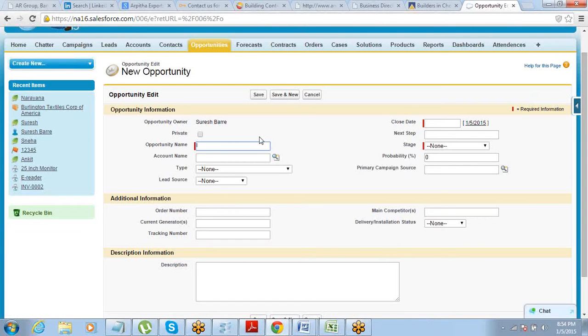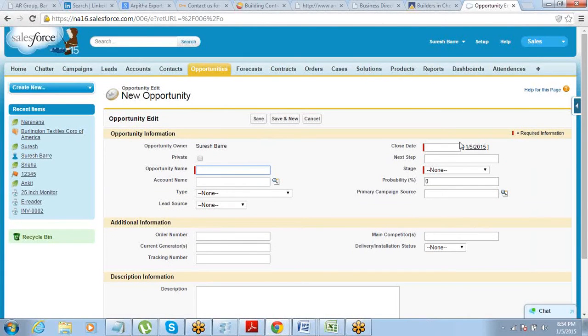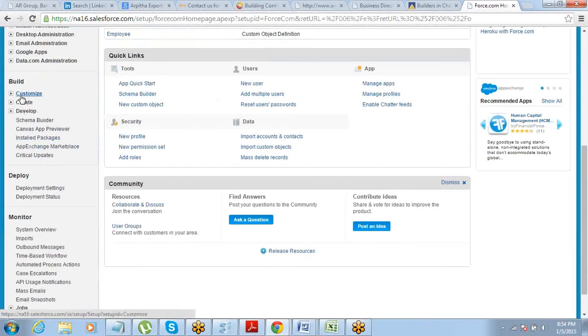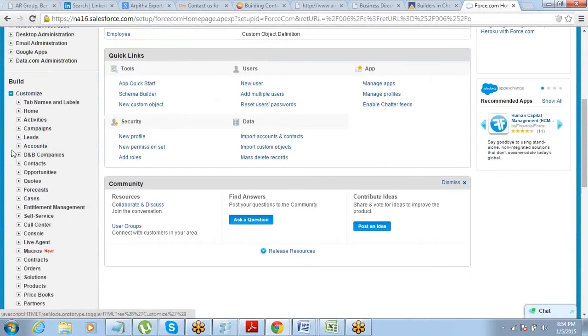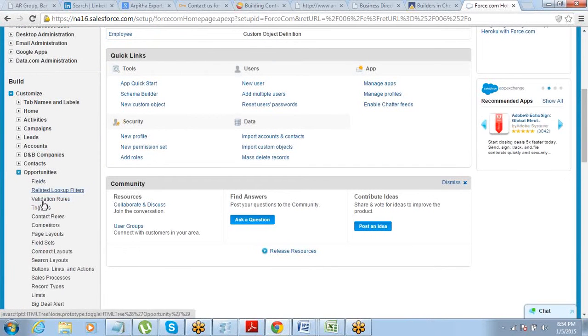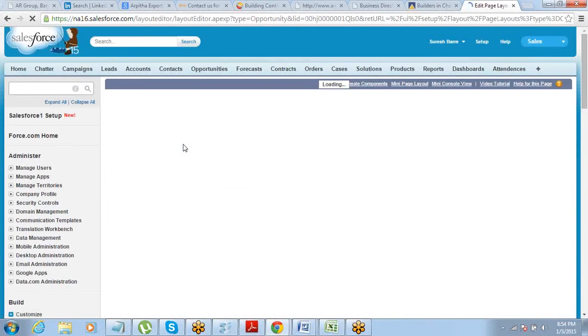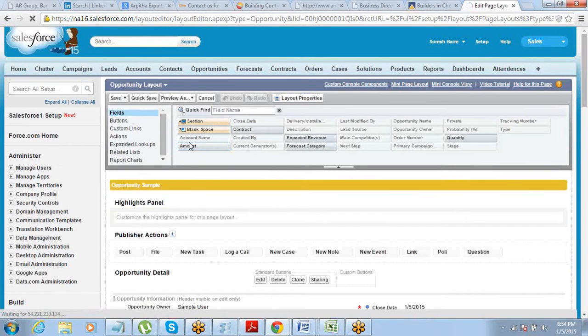Opportunity does not have an amount field here. Why does it not have it? I think you guys removed it the other day, right, from the page layout. So let's go and bring it back on the opportunity. Last session, I think you guys removed it from the page layouts. Yeah, here it is.